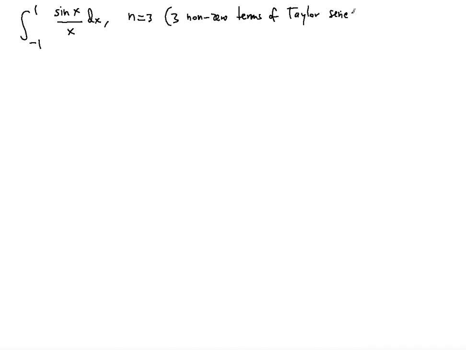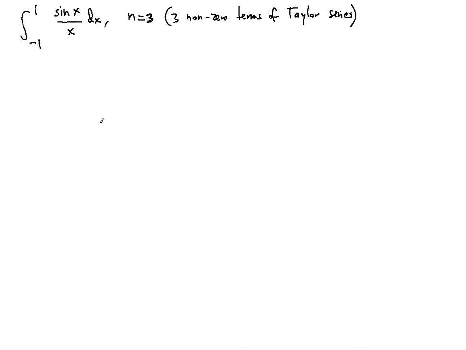You're trying to find the integral value from -1 to 1 of sine x over x dx by using Taylor series, and precisely n is equal to 3, right? So 3 non-zero terms of the Taylor series. Okay, so now in order to find this, we first have to find the Taylor series for sine x over